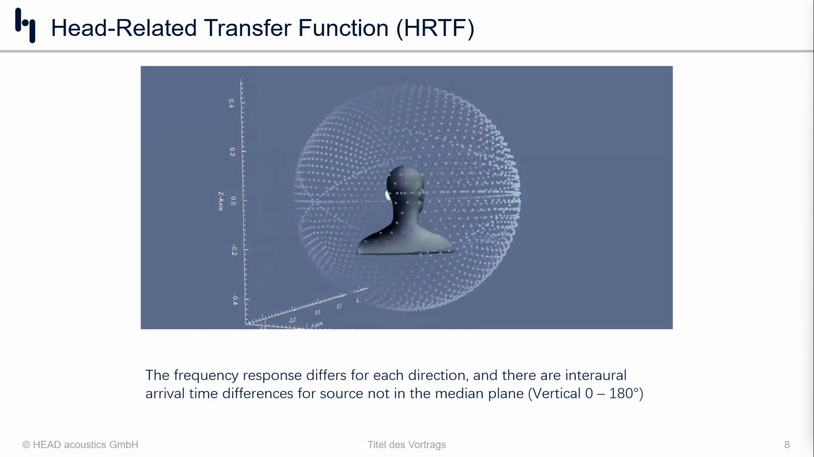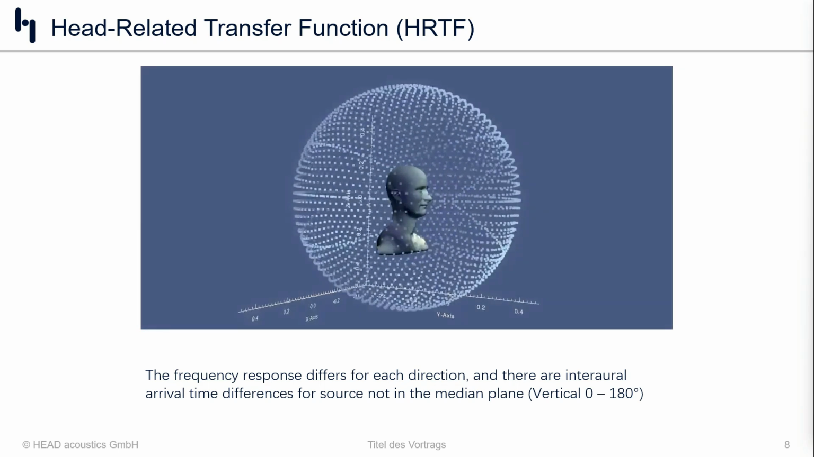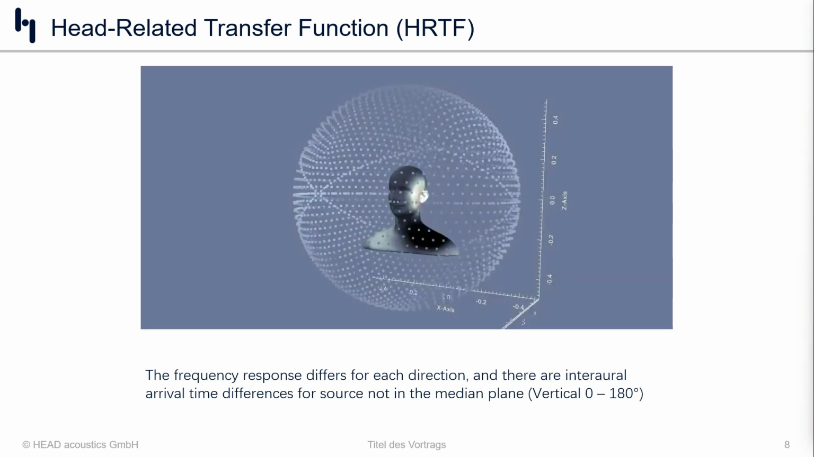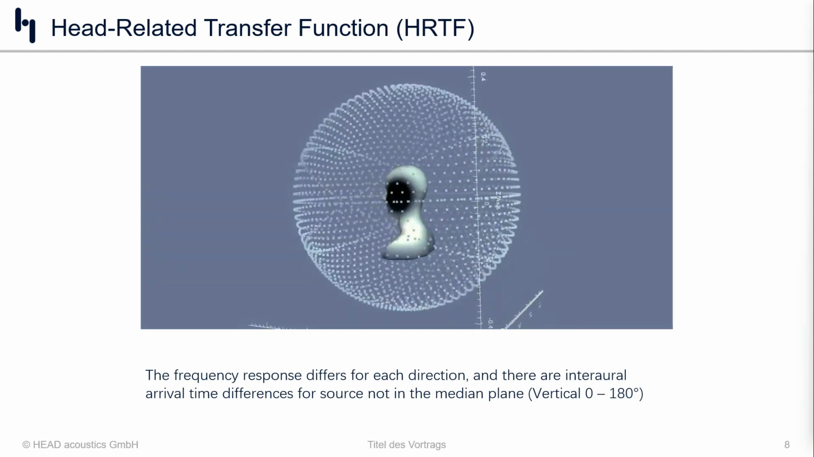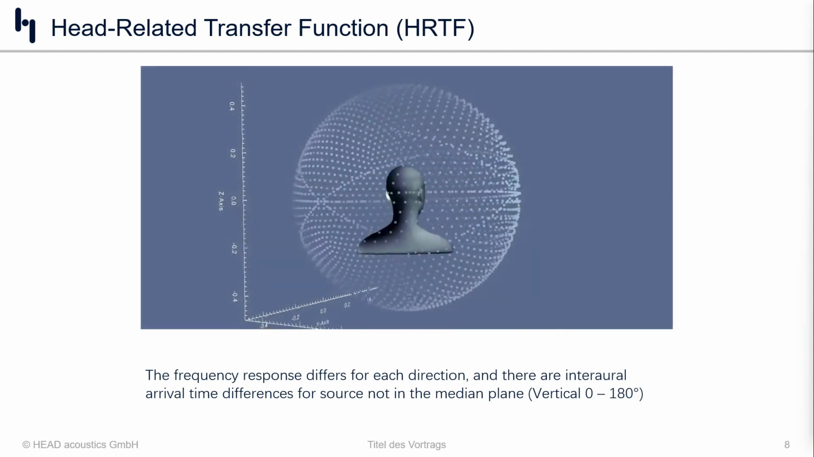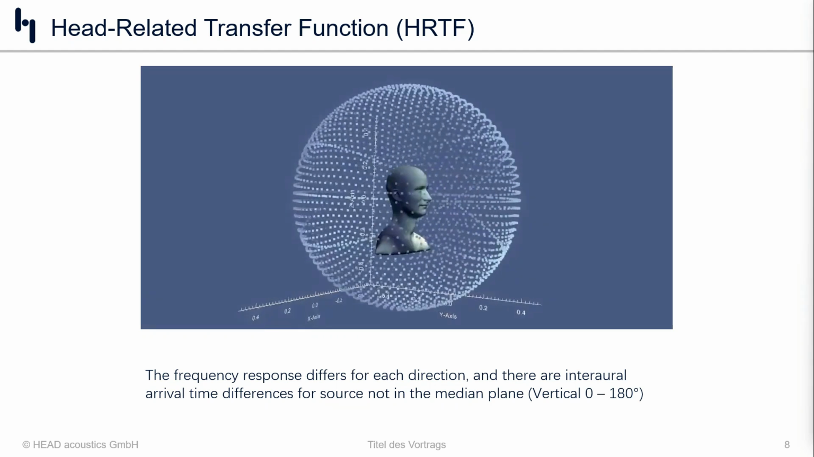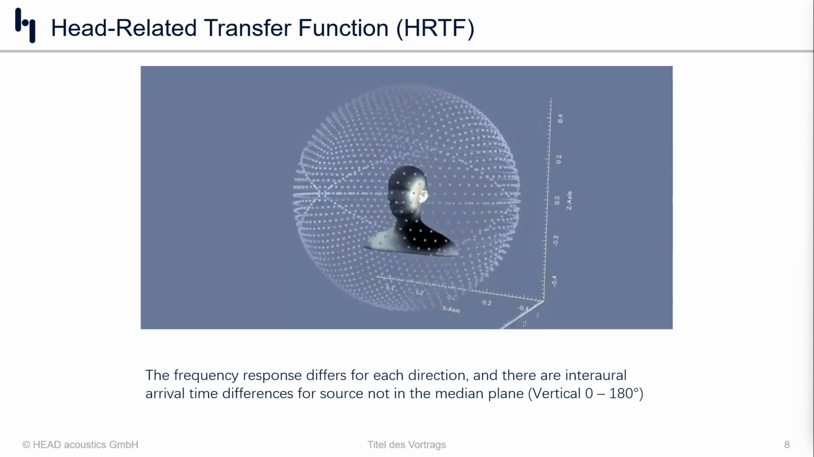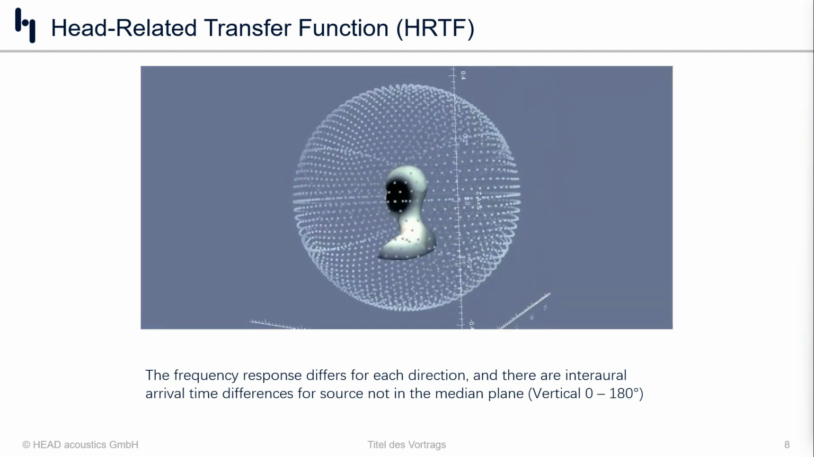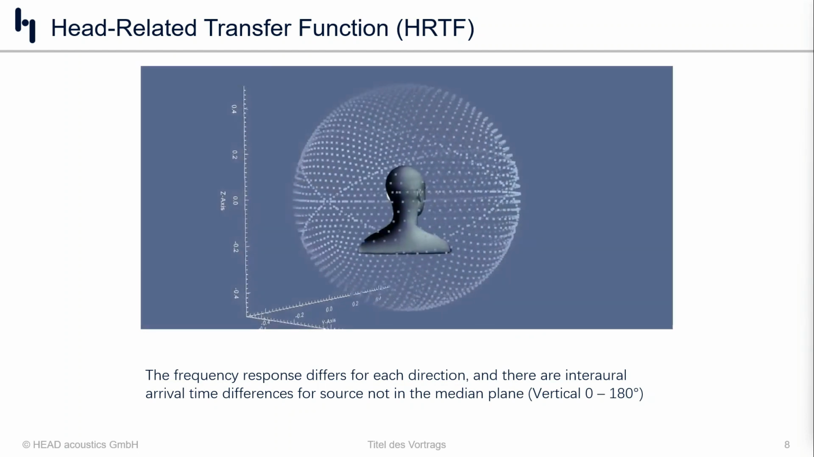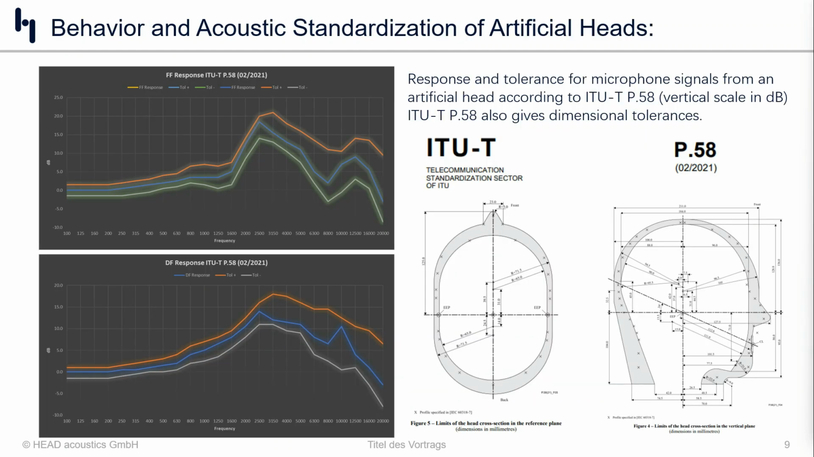So if you figure that out for sound sources all around the sphere, you wind up with the head-related transfer function for that individual or that artificial head. If you take the response, for example, for free field on the right and diffuse field on the left, and make a tolerance, this is the ITU-T P.58, which is the information technology